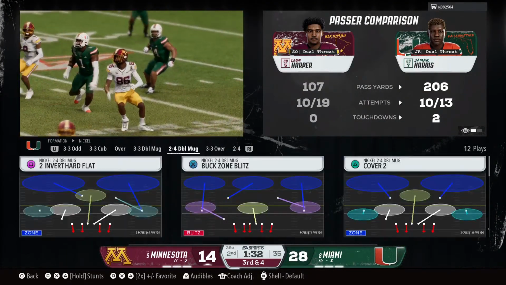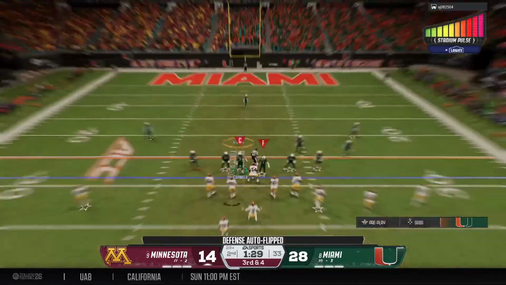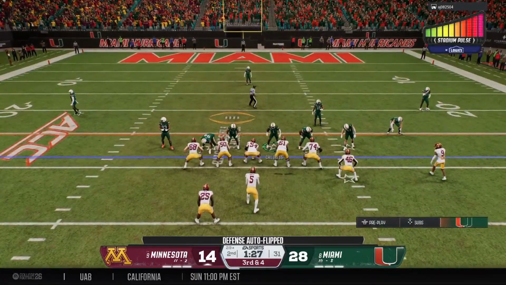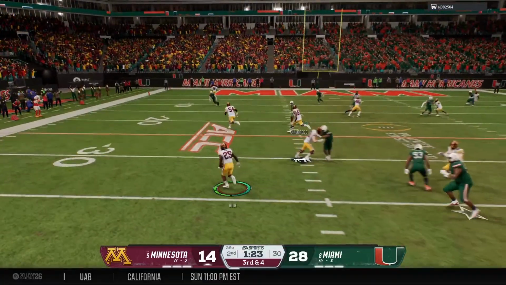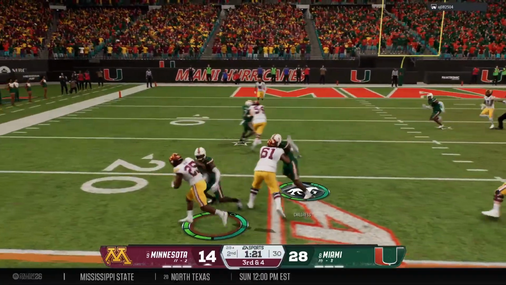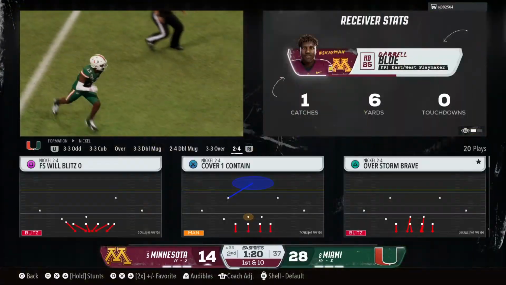Well, we're just getting started here, and already you can feel a rhythm between a quarterback and a receiver. Nice job again, getting back in the pocket, making a nice, accurate throw to one of his top targets. Bringing pressure. Caught in the backfield. It's Blue. That's enough to move the sticks.